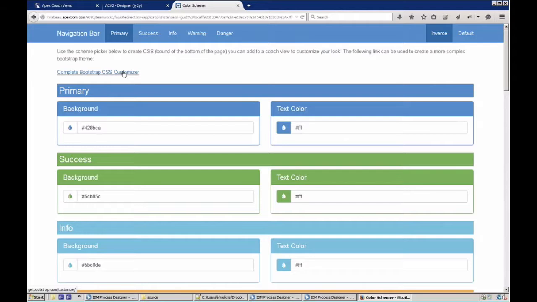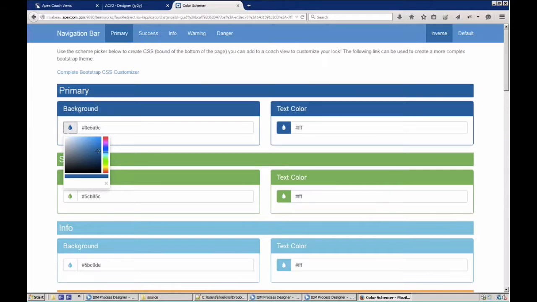What we have here is an interactive theme designer just to help you get your colors straight. And it also gives you the CSS to add to your page. And I'll show you that at the bottom in a second. So as you see, very colorful, and we also have these nice color pickers to help you choose how you'd want your page to display. For example, maybe I want a darker blue here. So as I click and go through, it's updating the style for me automatically